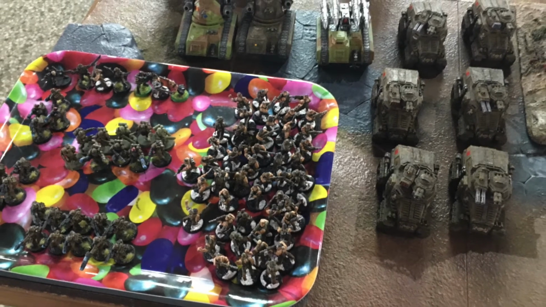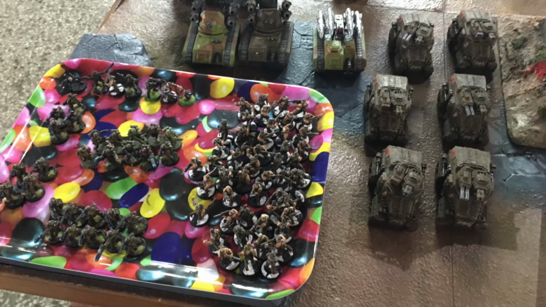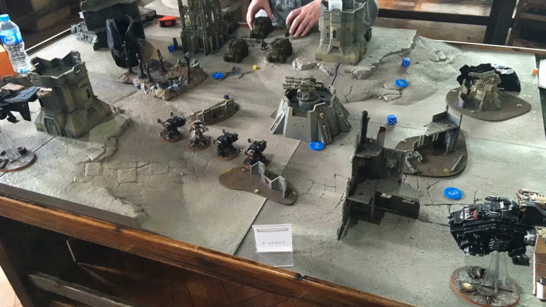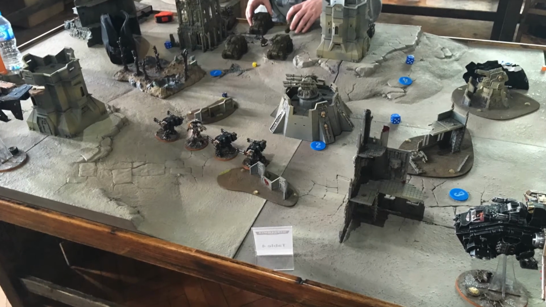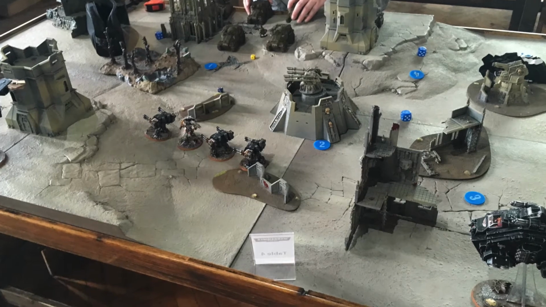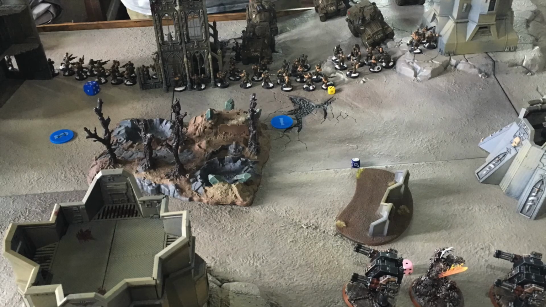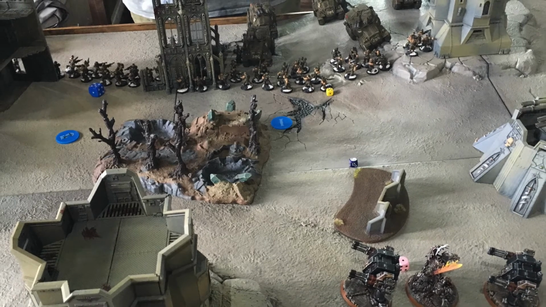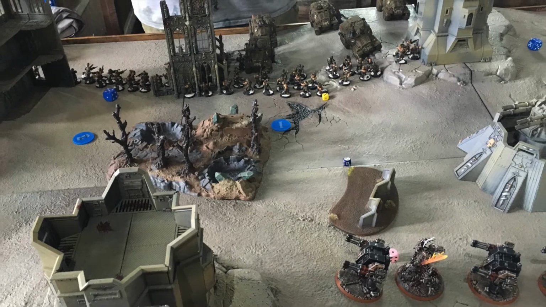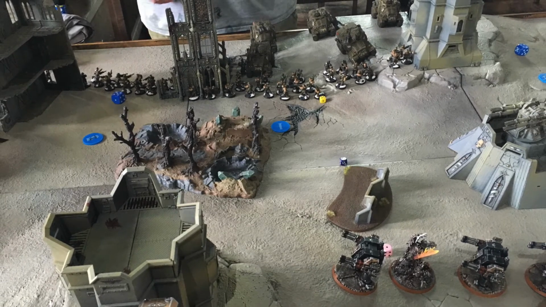Round 2, I played against John, who I also played against at Cali a couple of weeks ago. So he had Astra Militarum again, but he dropped the big tank, and instead he had taken basically more Tauroxes. He had 6 Taurox Primes, 3 with missiles and autocannons, and then 3 with Stormbolters, Gatling cannons, and autocannons. He had a Manticore, he had 2 Wyverns, he had 50 Conscripts, then he had 2 units of full Scions